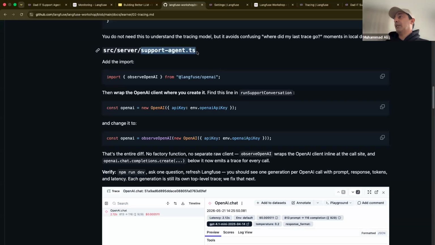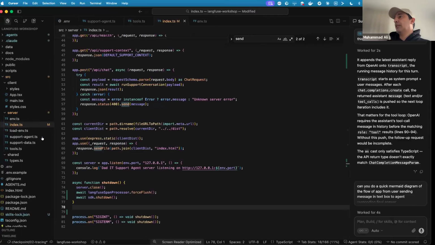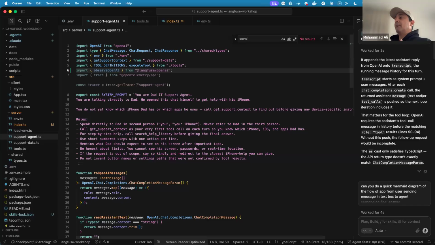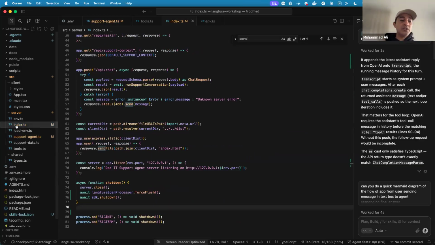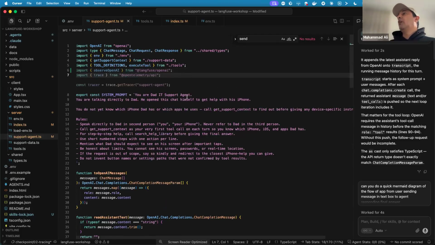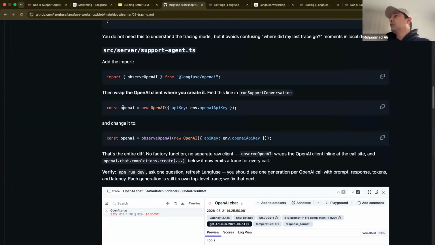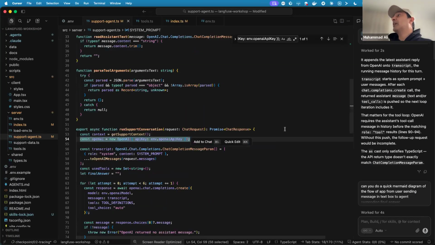Now we go back to support agent.ts, and then we import this library. This is where the backend agent logic is. What we initially did in index.ts is our server, which loads that library. Now we're trying to add the SDK near the agent, and we're capturing the agent's calls. How do we do that? We will take this call. We already have this call in the code. This is where OpenAI is being called.